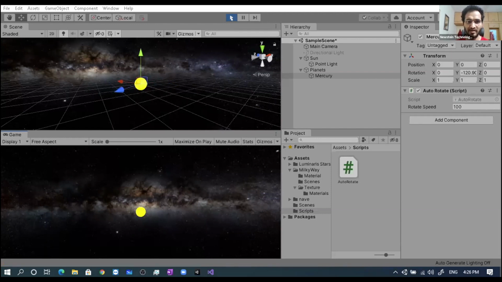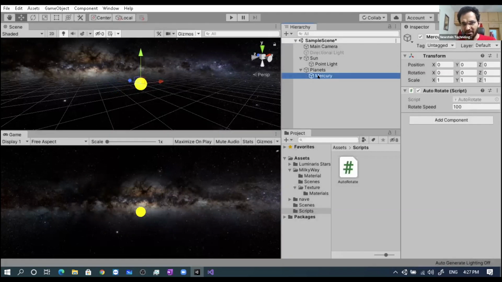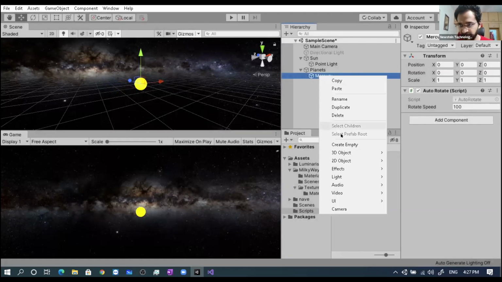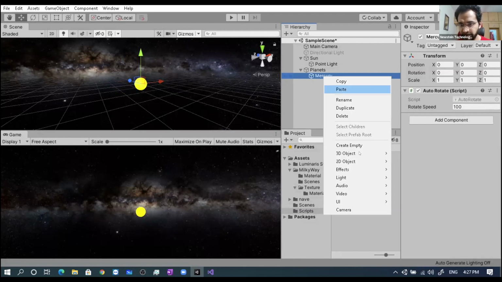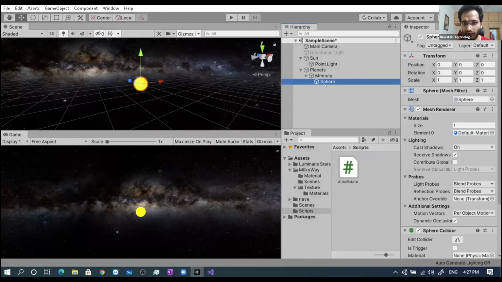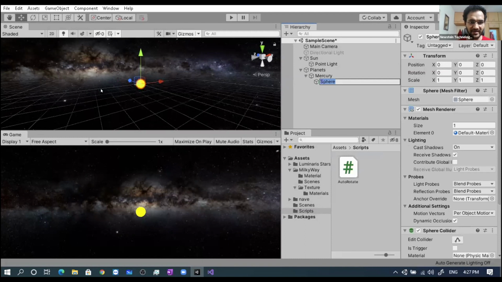Now to get the real object rotating, I'll add a real object there. So in Mercury I will add a sphere child object here, and I have ensured that everything is zero. I'll set everything to zero, and here I will add a sphere. Yes, correct. And I will move this sphere out, maybe in this direction and out.